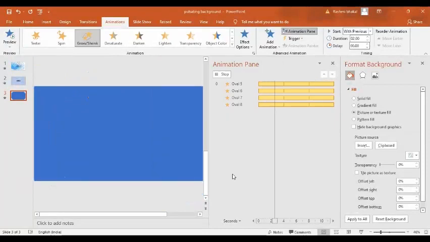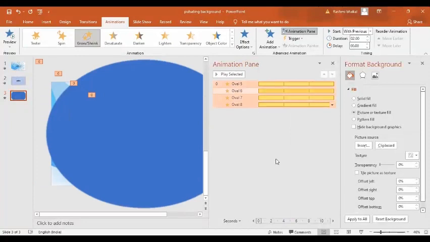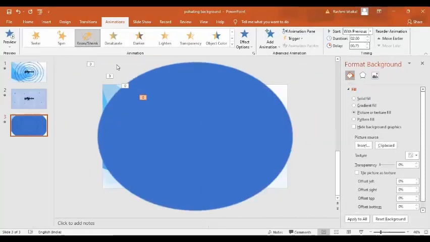So now it is growing and shrinking, but here I want to delay it. So for Oval 5 it is fine. For Oval 6 I want to delay it by 25 seconds. For Oval 7 I want to delay it by 50. And for Oval 8, I want to delay it by 75. Okay, this is fine. Now, in the next step, I'm going to select all these